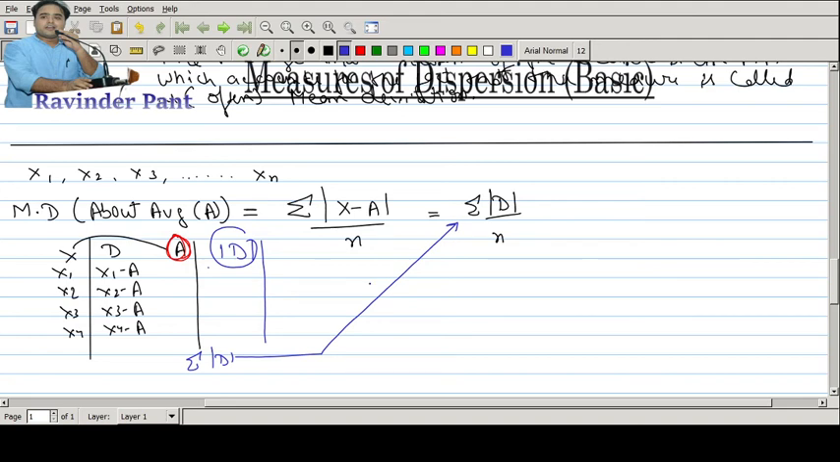So mean deviation, generally we get this mean deviation through any of the three averages, be it the median, arithmetic mean, or the mode. But since this mode is generally not very specific, we try to stick around only mean